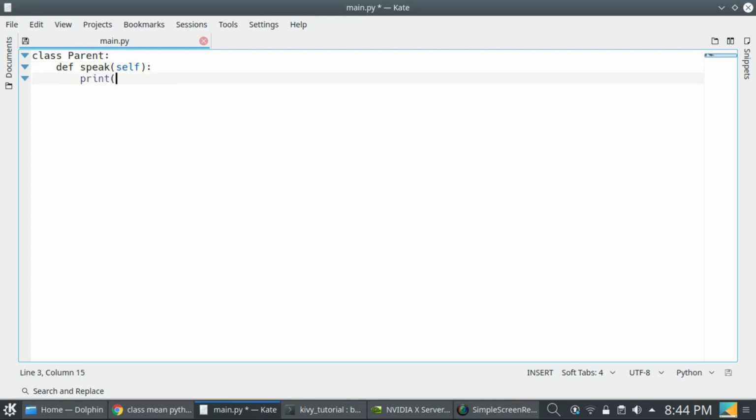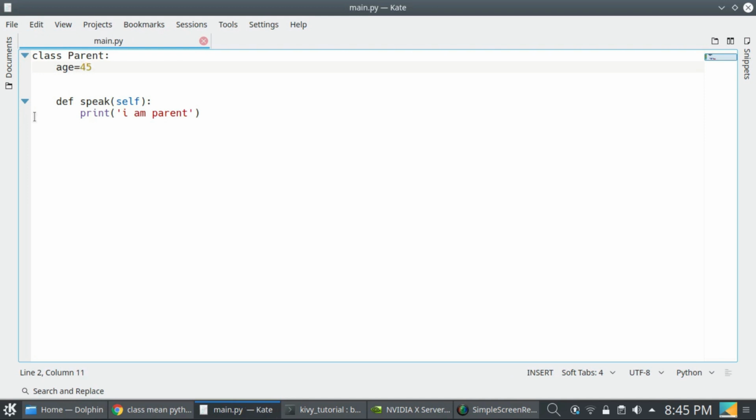Print "I am parent". So in the parent class we have defined a method which will speak I am parent. Now we can define any variables, like age equal to 45. Okay, now let's make a child class.